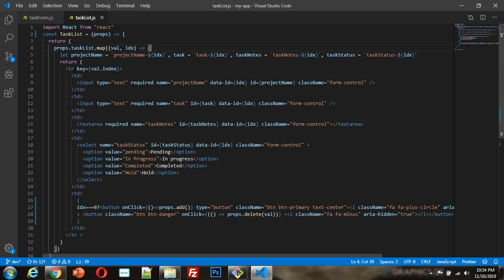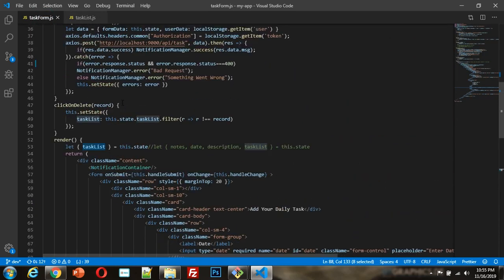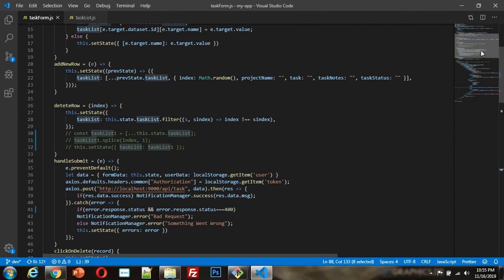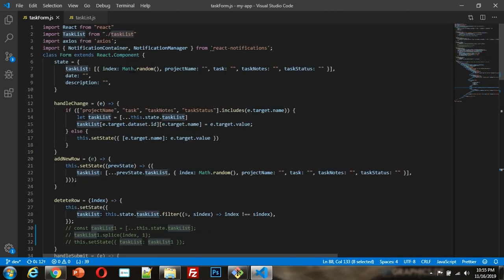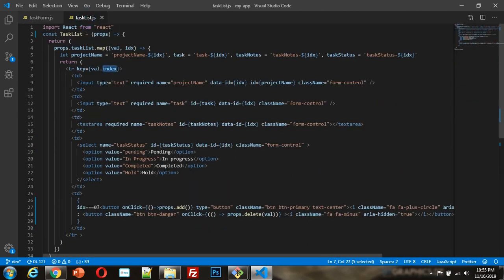Now, as you know, in React it is very important to define a key for each row, so I have defined a key as val.index. Why have I given the index? Because here you can see index is Math.random. This key should be unique.